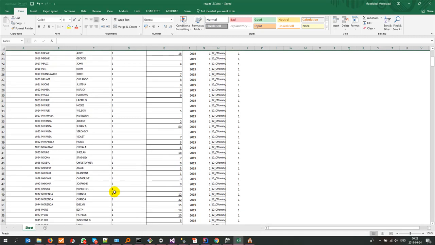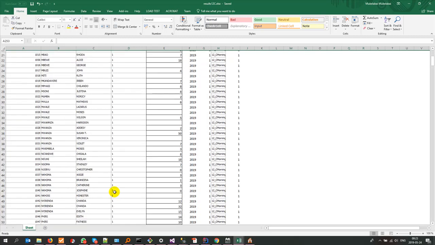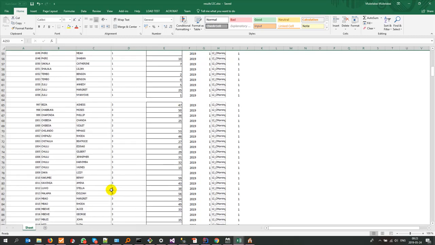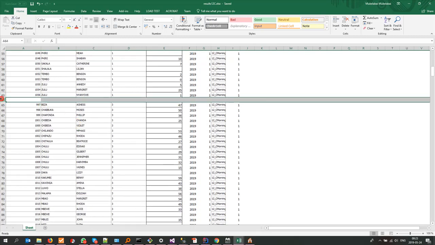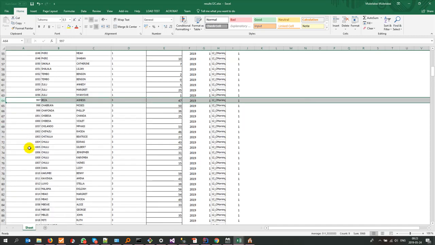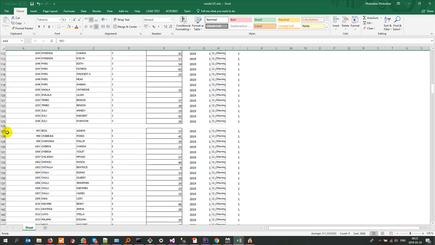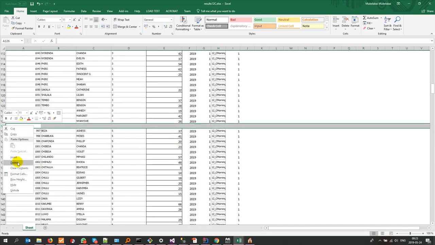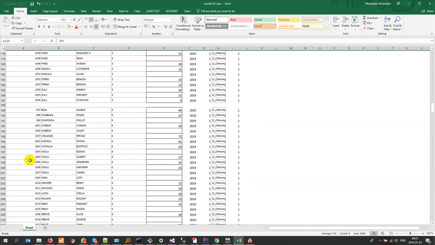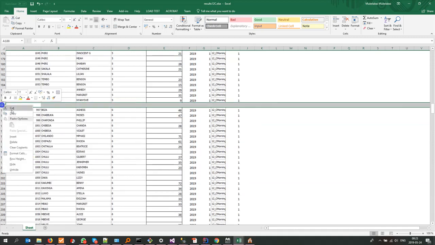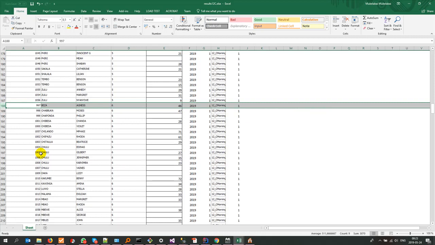So, if you start from the very beginning, after 1, remember there was a blank line, this one, so we need to delete it. After 3, there's a blank line, we remove it. After 5, there's a blank line, remove it. Of course, one other way you could do this is to change it into, you could change it into